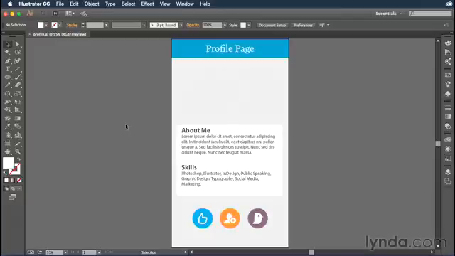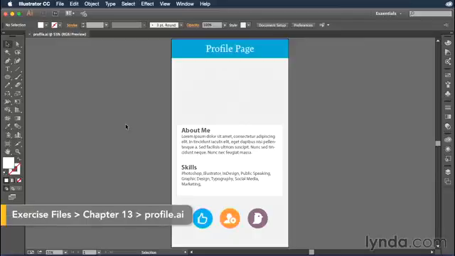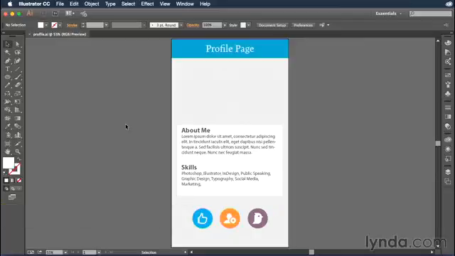Throughout this course, we've been working primarily with vector objects, but this chapter is all about working with raster-based graphics inside of Adobe Illustrator. And by raster graphics, I mean JPEGs, PNGs, GIFs, and also TIFFs. These are the types of graphics that are resolution dependent, so you need to make sure that whatever type of project you're working on fits the resolution and the size